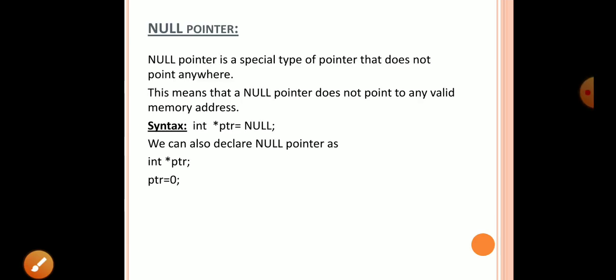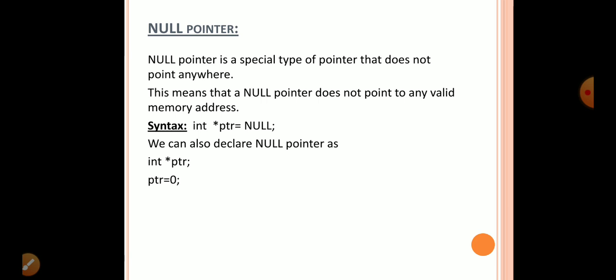Now I will explain the concept of null pointers. Initializing null to the pointer is called a null pointer. That means the pointer cannot point to any address. Actually in the previous class, a pointer could point to any other variable's address. But here we can assign null.